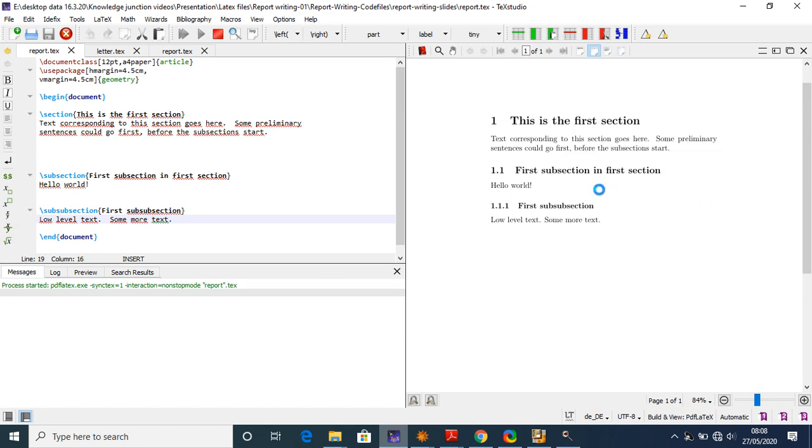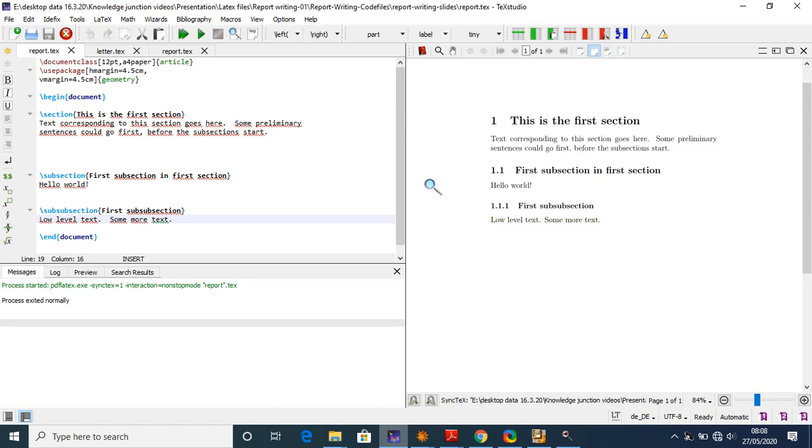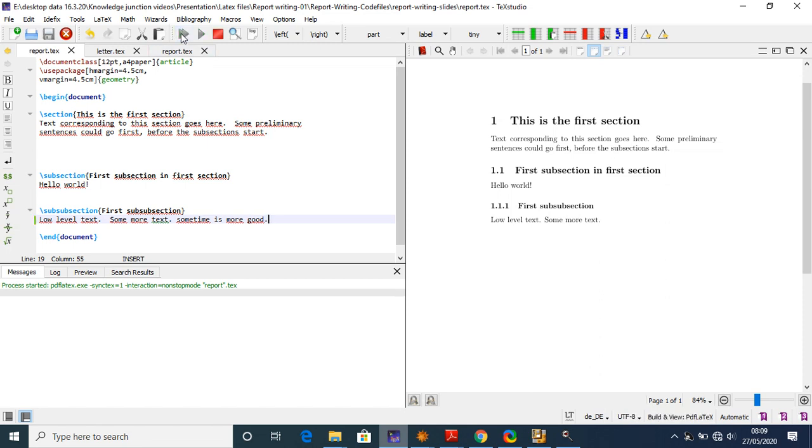You can see if I write something, and run again, that will be added in this section.